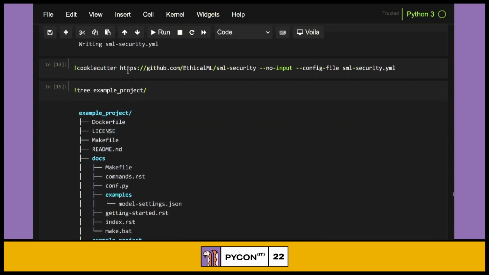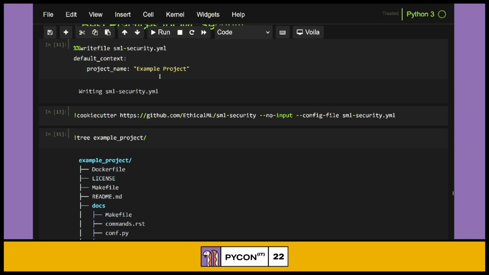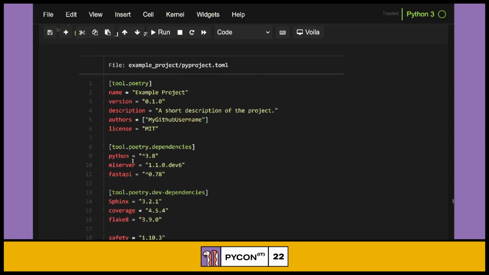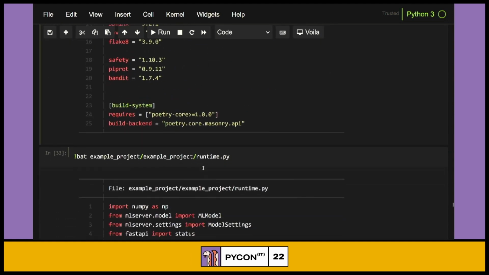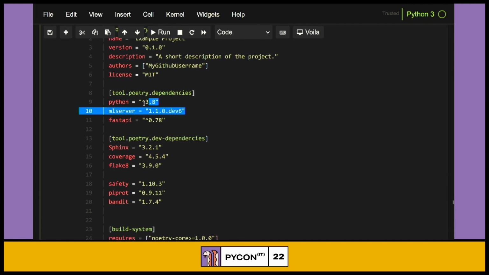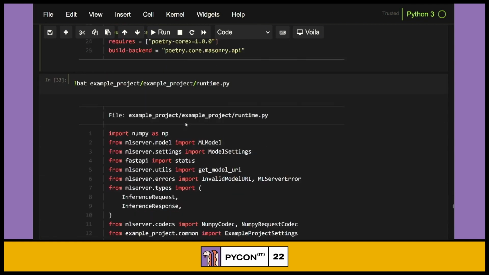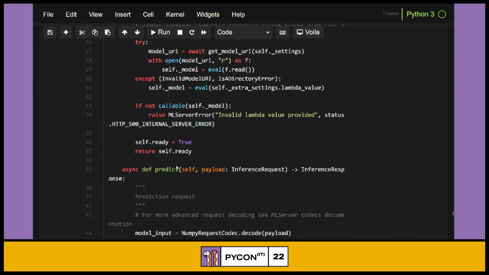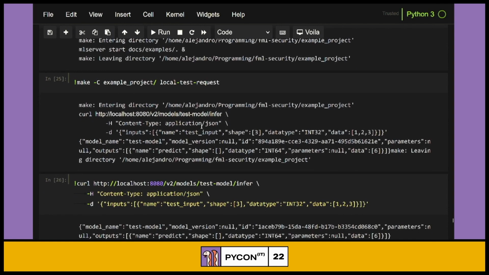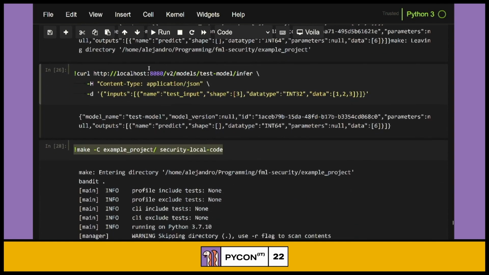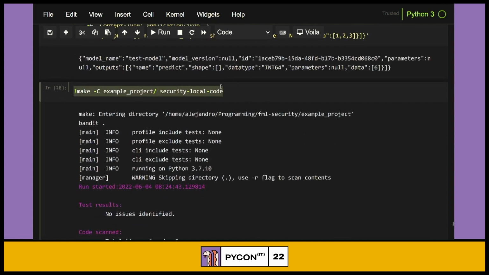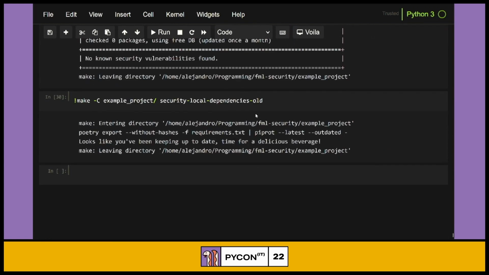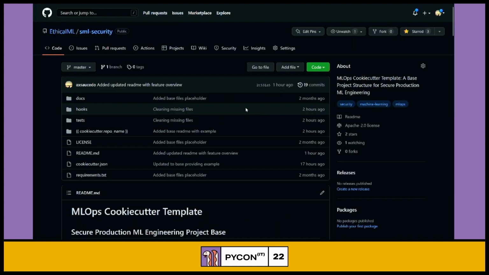This basically creates a project with specific parameters like a project name, the author, etc. And it gives you some base things to work with, like a poetry configuration for that runtime. It uses a runtime server, MLServer, which basically runs on FastAPI. It allows you to test with some local artifacts, which you can run as a service, with all of the utilities to be able to interact with it, right? Like send requests, but also perform code scans, perform dependency scans, perform local dependency checks. So you can actually check it out.